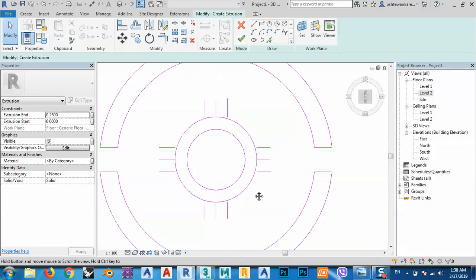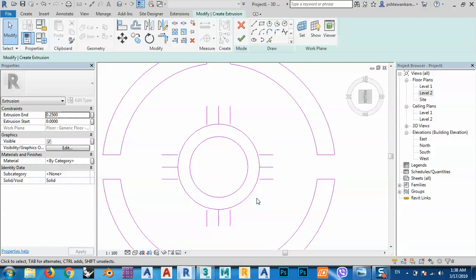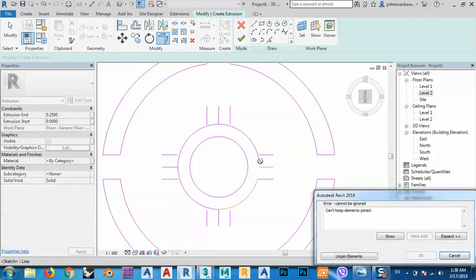It's just like this. Again, just split the outer, for this time only the outer part, and trim and extend this to that,